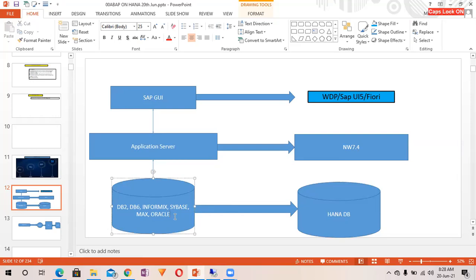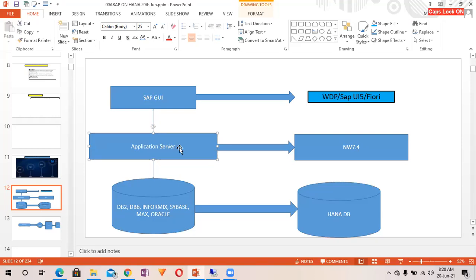Because it's not that powerful, we first used to fetch the data and write the business logic over here at the application server layer. Okay? Because the application server layer processes the data faster if your DB is not an in-memory DB. So compared to a non-in-memory DB, application server processing is going to be much faster in terms of business logic and all.